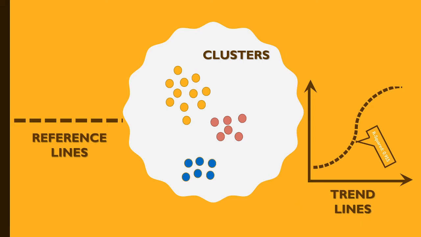So today we are going to study the topic reference line, clusters and trend lines in Tableau. Before implementing all these topics in Tableau, first of all we'll be learning what a reference line is, what a cluster is and what trends are. And we must know where we need to implement each of them, that is reference lines, clusters and trend lines. So first of all we'll be moving toward reference lines.